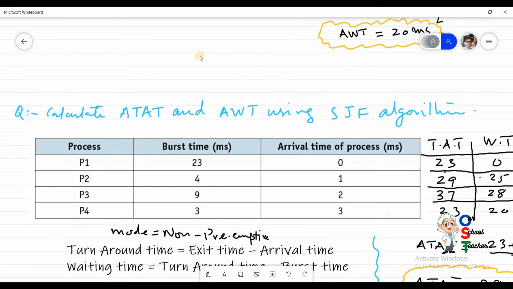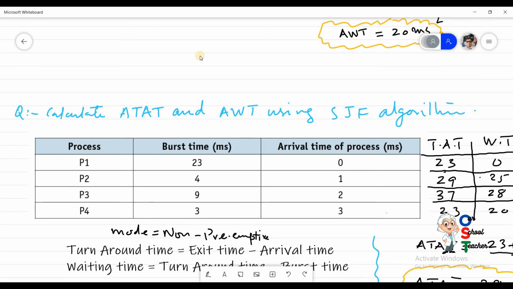The situation is the same. There are 4 processes. Burst time is also the same and arrival time is also the same. But the algorithm has been changed. That is shortest job first. It means that the process which requires the least time of the CPU will be given priority and will be put in the